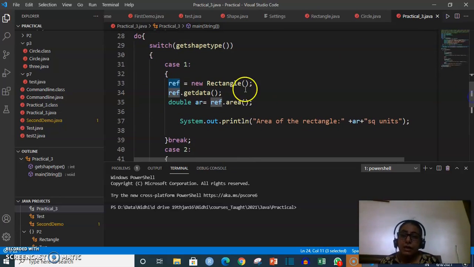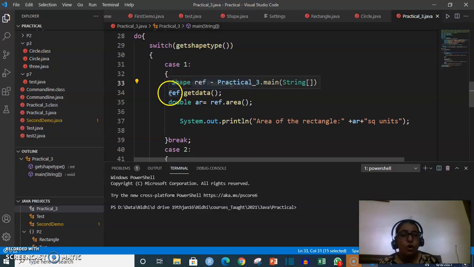And in the shape type reference, I can assign the actual object of any of its subclasses. So first of all, if the user choice was rectangle, a rectangle object was allocated in the reference, and accordingly the reference object's getData was called, and accordingly the reference object's area was invoked, and it is printed on the screen.